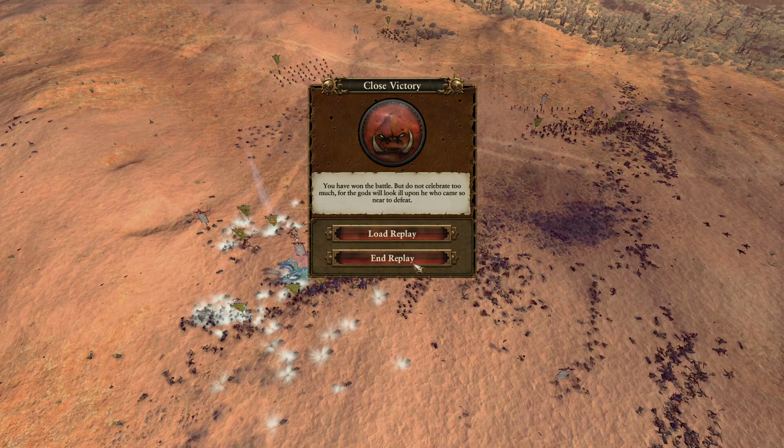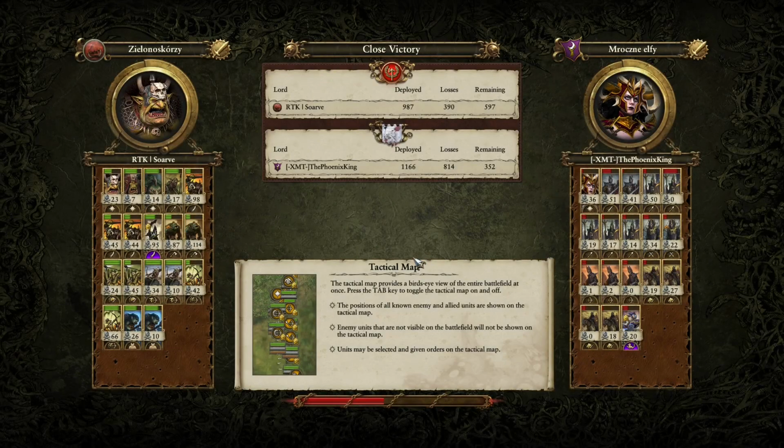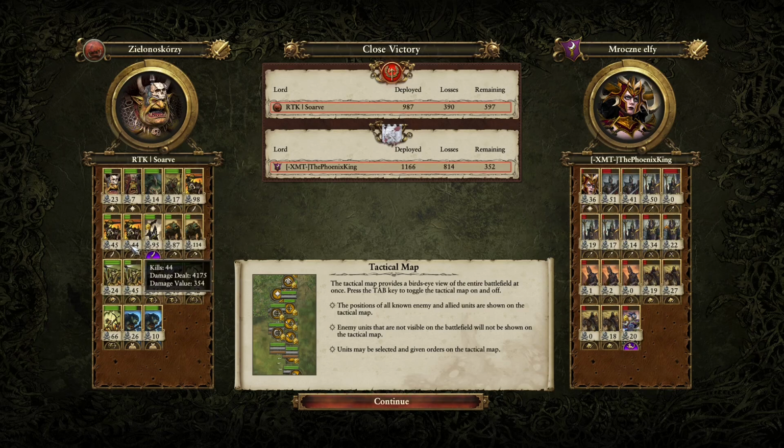Now let's go into the post-battle screen, give a quick rundown of performances, and wrap up this intense showdown between the two top-tier players in the tournament. Now for Soarve, the Orc Boys just doing spectacularly against the inferior infantry of the Dark Elves. The Bleak Swords, Dread Spears, just unable to withstand the might of all these big guns, Orc Boys, the savagery